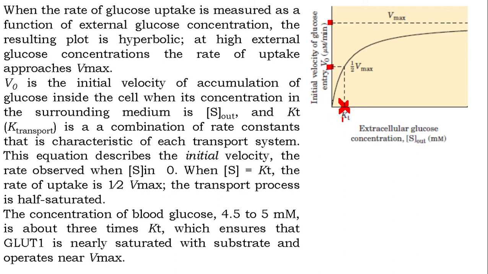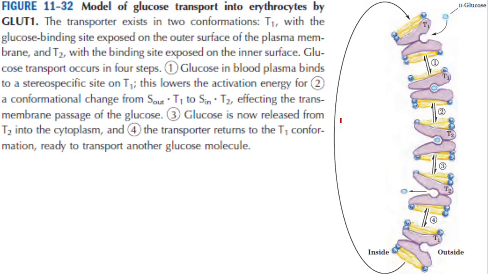If we are studying about the transportation of glucose, we say the concentration of glucose when the rate of transportation is half of the maximum rate is called kT. We will study a similar topic in enzyme kinetics also. And the different stages of transportation. What have we studied so far?